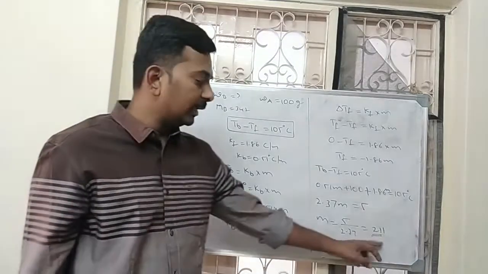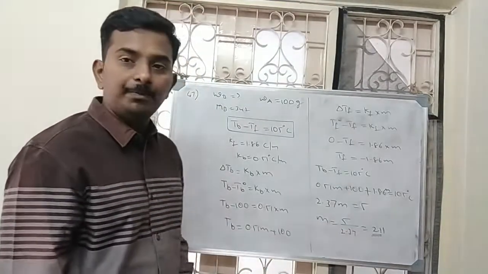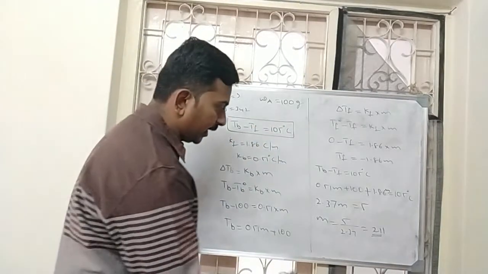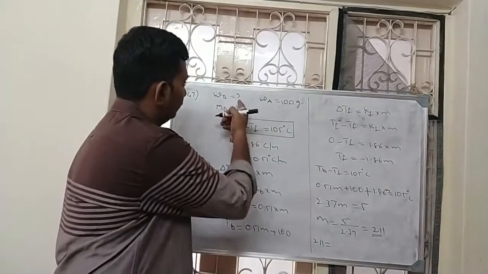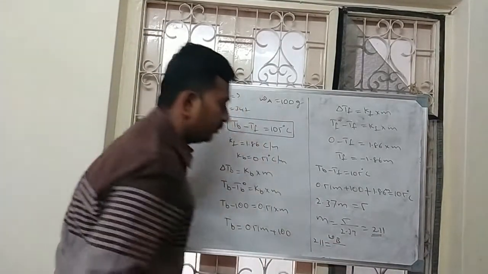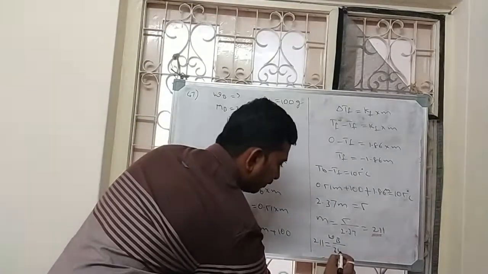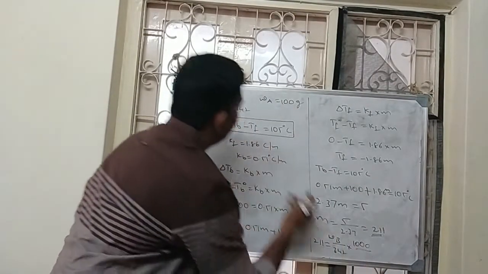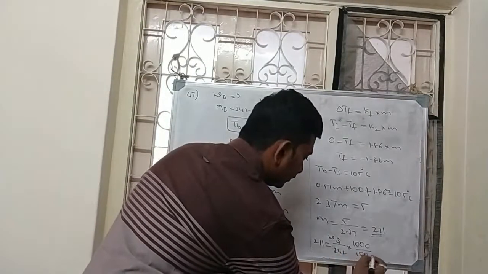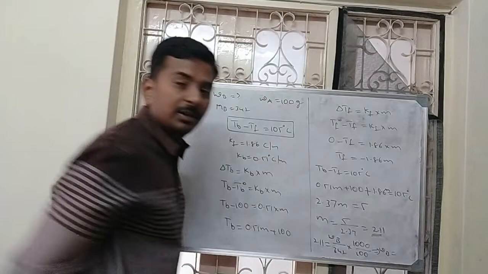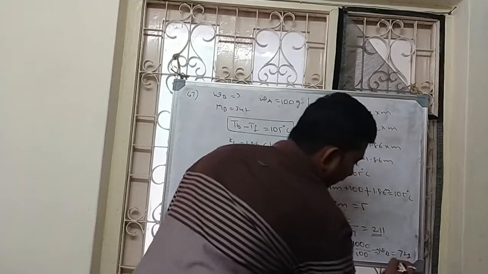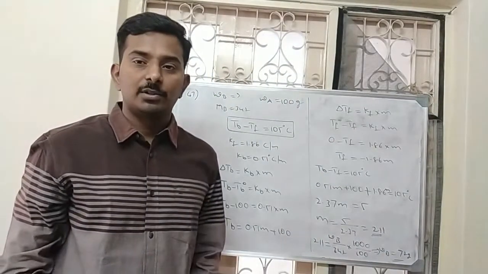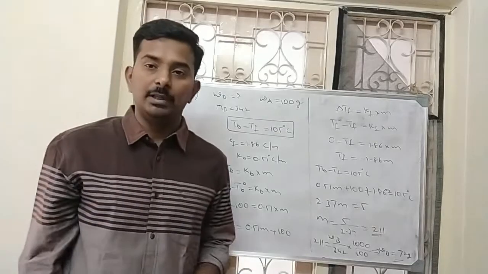So this is the molality. Once we know the molality, we can calculate the mass. By applying the formula of molality, molality is equal to mass of solute, which we need to calculate, by molar mass of the solute, which is given as 342, into 1000 by mass of the solvent, which is given as 100. So if you simplify, you will get the mass of solute. So what is the mass of solute? On simplification, you will get the value as 72 grams. Right? So the answer will be option B. Coming to the next question, question number 48.